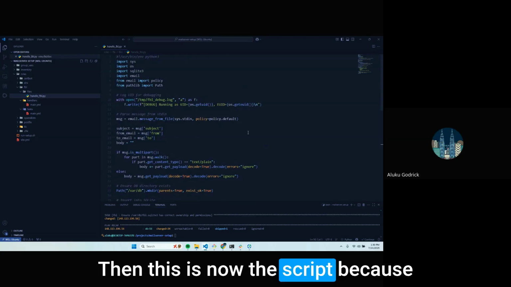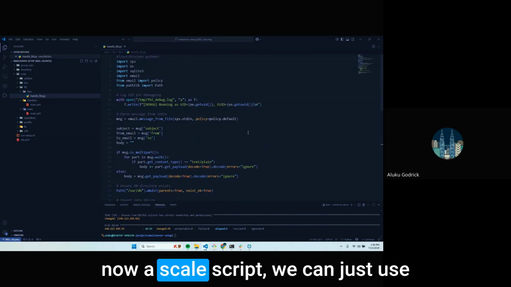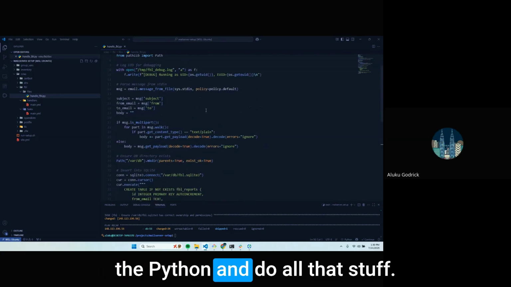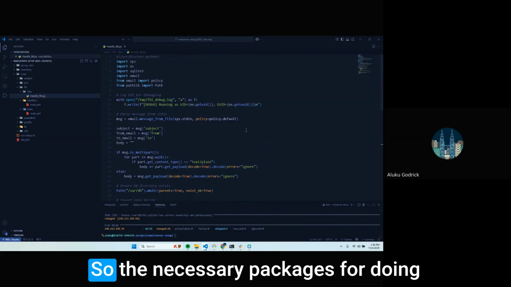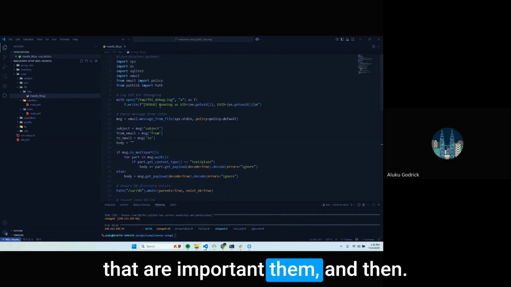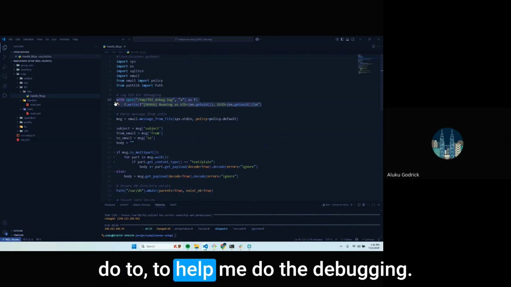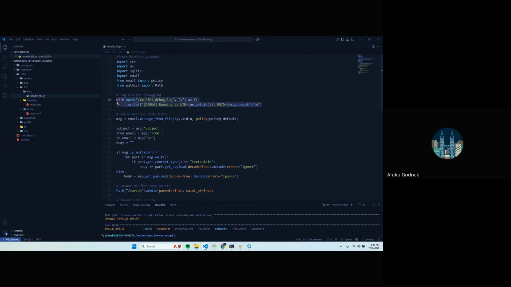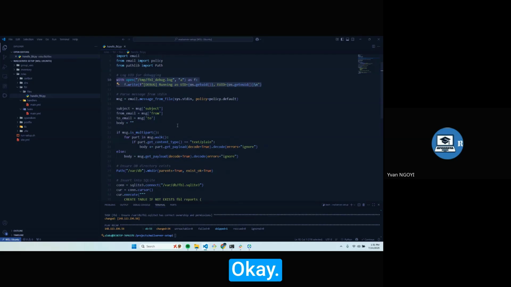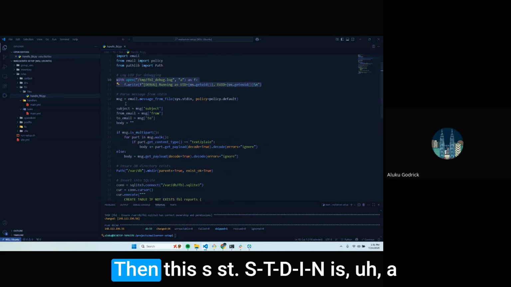Then this is now the script, because now for a SQL script, we can just use Python and do all that stuff. So the necessary packages for doing that, I've imported them. And then this one here, I've just used to help me do the debugging. Okay. Very good. Then this